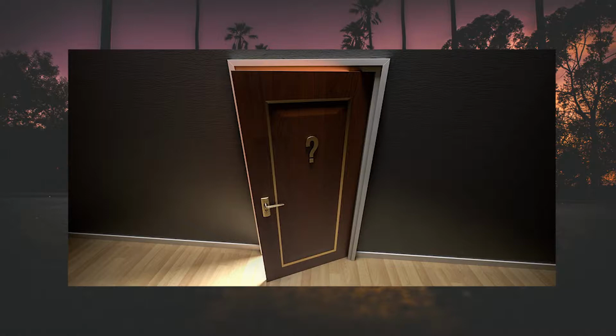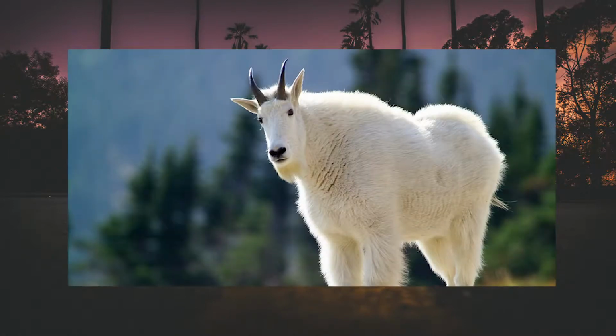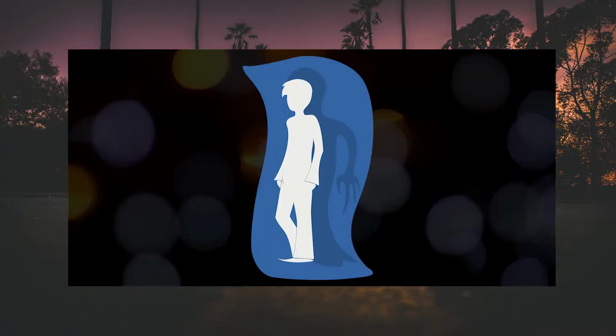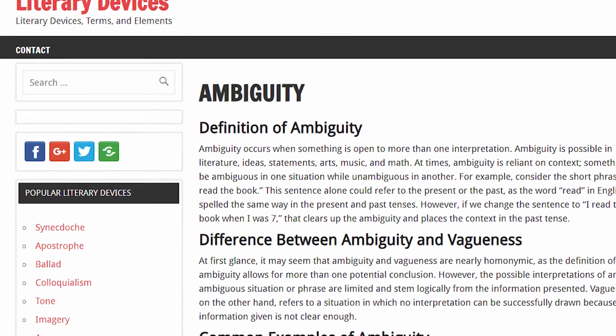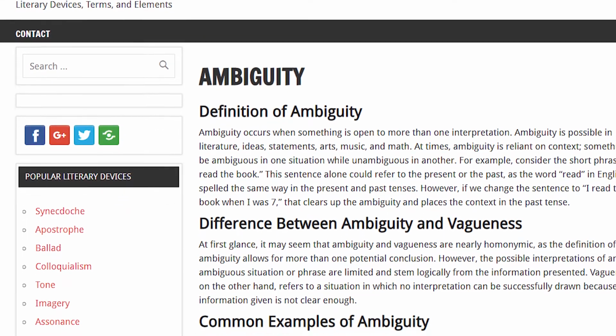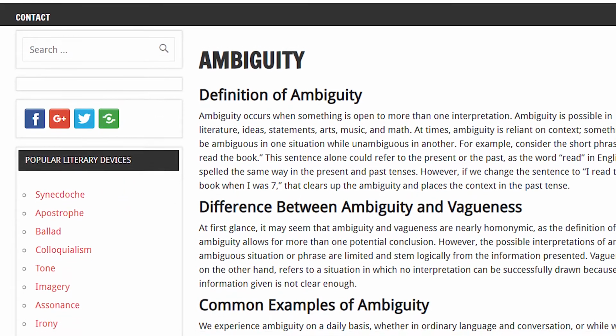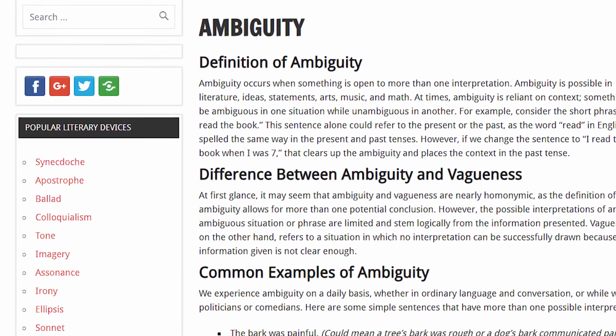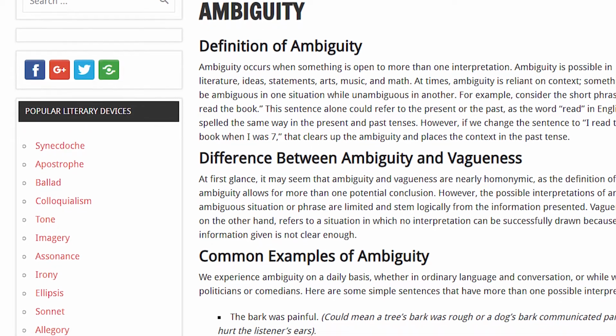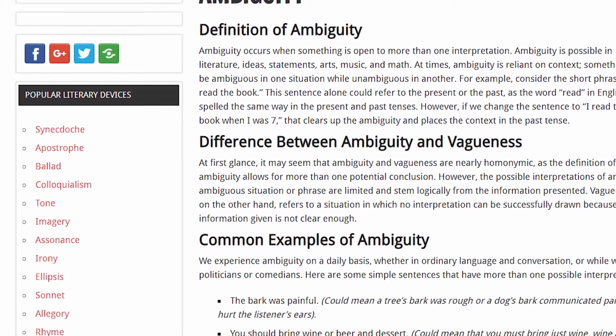You know that you could either win the prize or lose and get the goat. Unfortunately, I'm a malicious author. Unless I tell you if you win or lose, you'll never know for sure, and this is ambiguity. This is a dynamic which website Literary Devices explores a great deal using The Lady or the Tiger, a story written by Frank R. Stockton, as a case to portray the ambiguous door. Check it out. Literary Devices has lots of interesting and helpful resources.